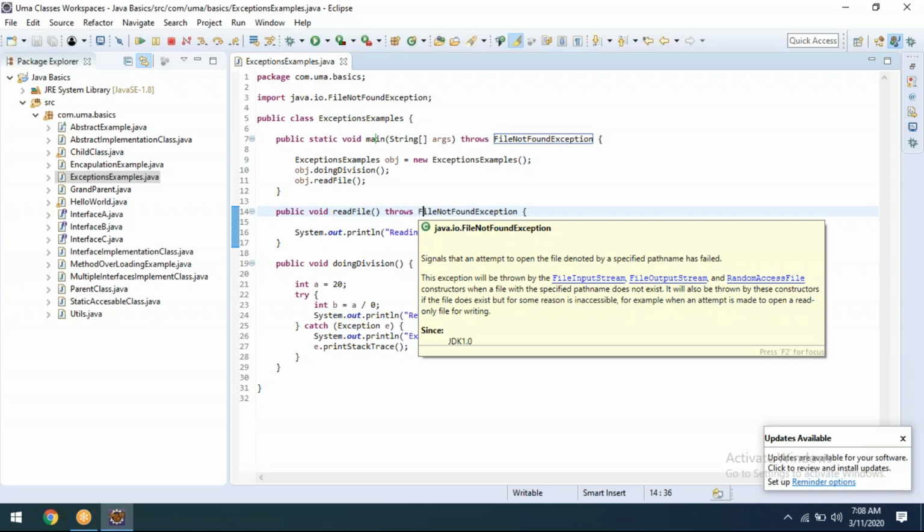All collection classes, all collection objects, everything is dynamically growable. We can increase the count, or we can decrease the count if required. That we need to understand.